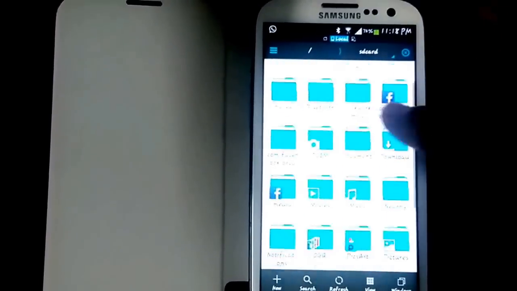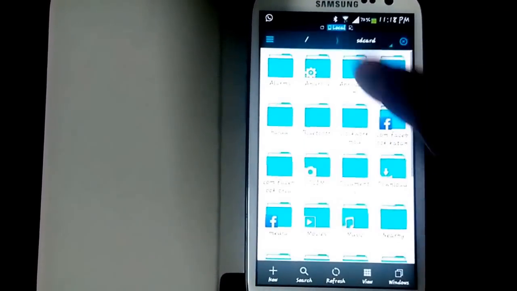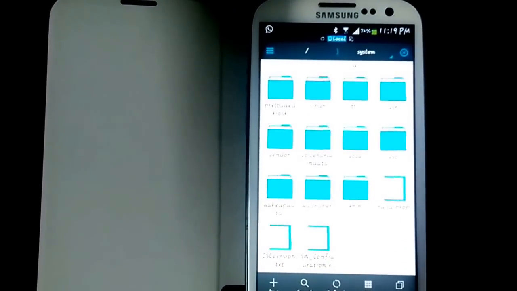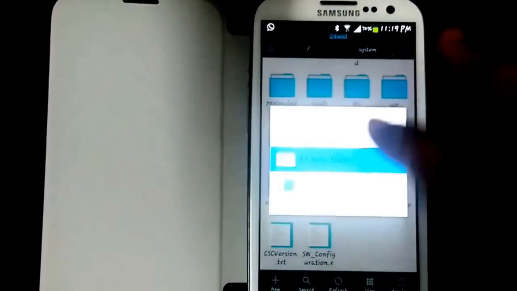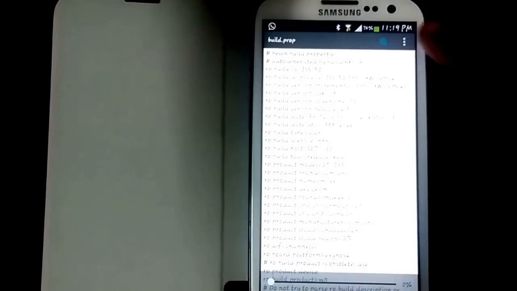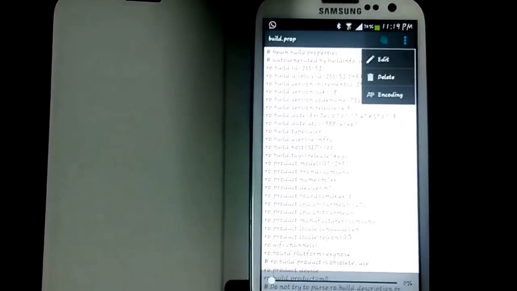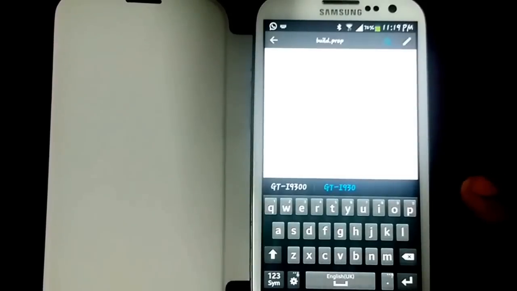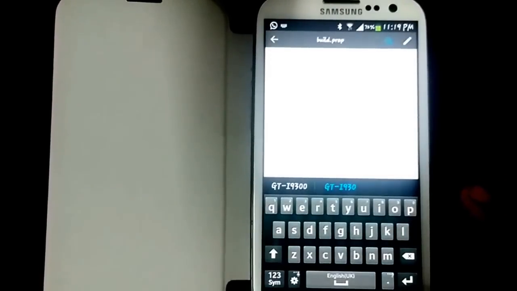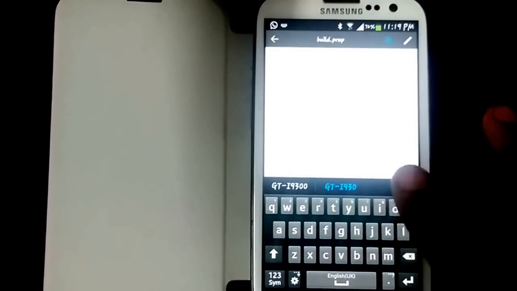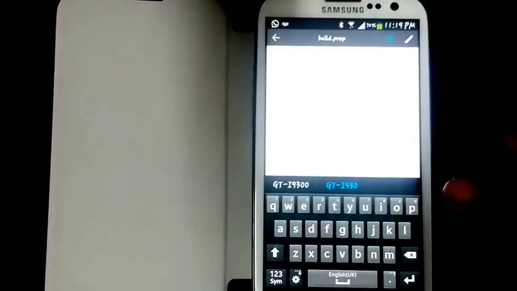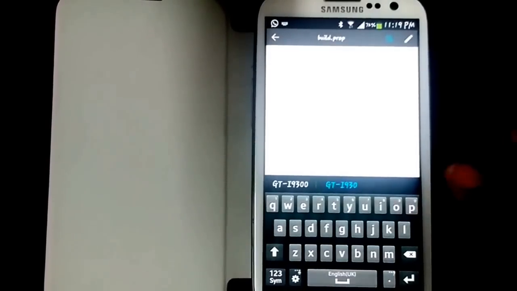So I have disabled that option now. We come to system, and here this build.prop file is there. If you want to edit it, for example purposes, I will just edit the name of the device. If you want to save the changes, what I did here was try to edit the model name, that is GTI9300. I am naming it as GTI930. So I changed that, and now I have to save it.